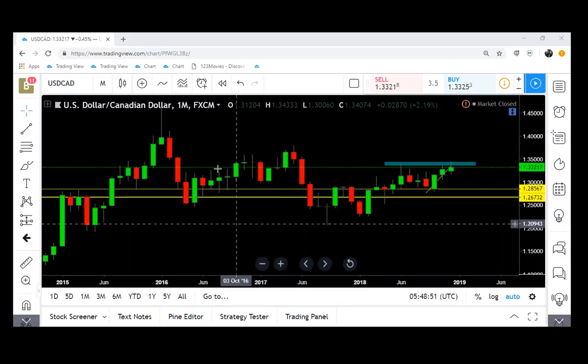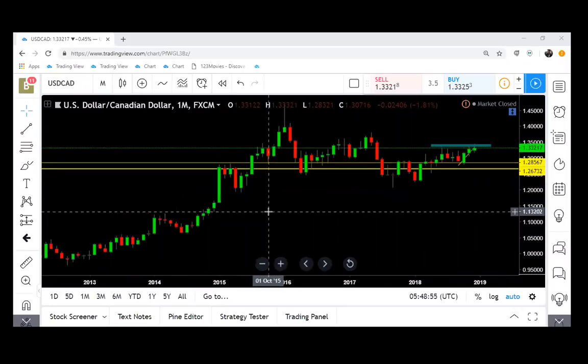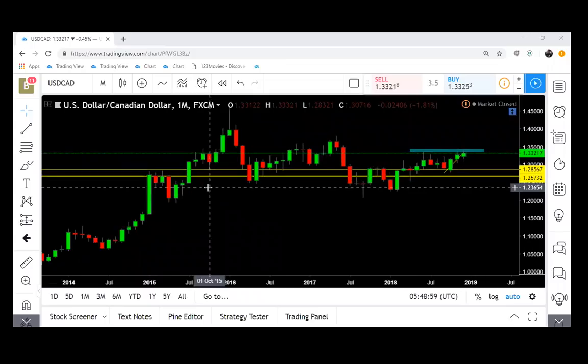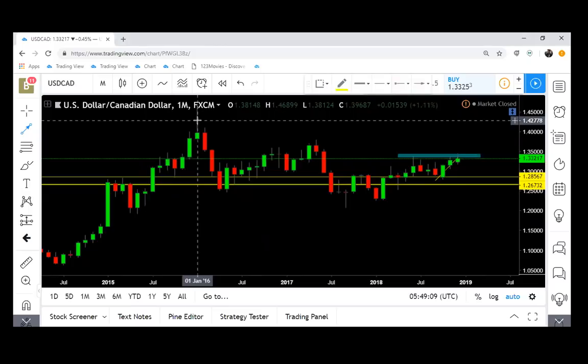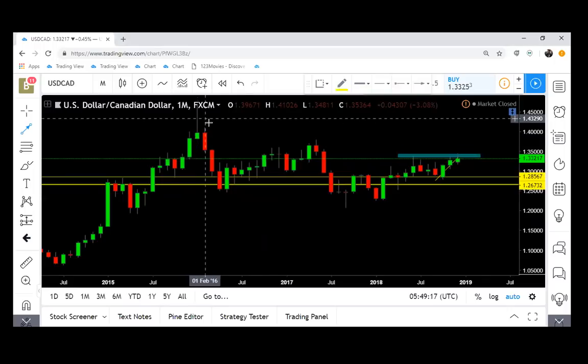All right. Now, I'm looking at USD CAD right now. This is the USD versus the Canadian dollar on the monthly chart. So this has been trending down. When you look at market structure and what it's doing right now, this whole move from this high with this shooting star candle, that was January 2016 when it had this impulsive breakout. The shooting star candle, which of course is a bearish reversal candle, had an impulse